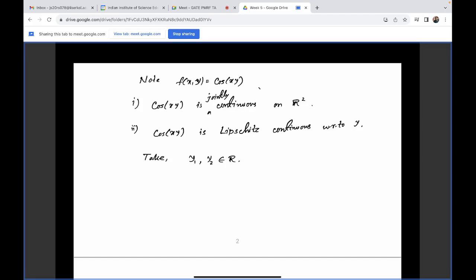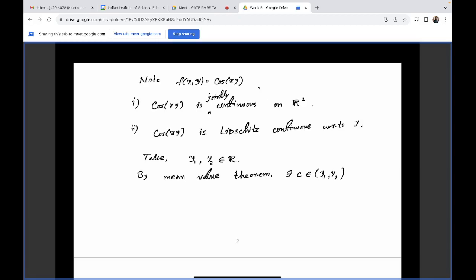We will use the mean value theorem with respect to the variable y. Clearly this is differentiable and continuous, so the mean value theorem statement is satisfied. So by the mean value theorem, there exists some c in between y1 and y2,